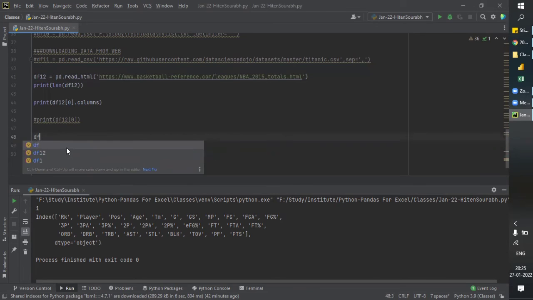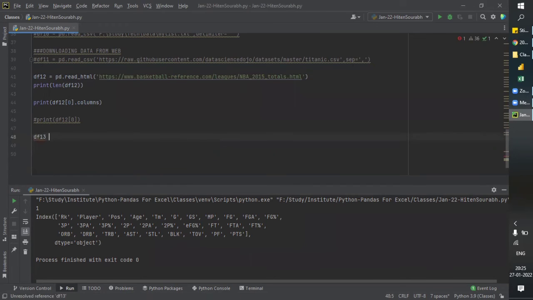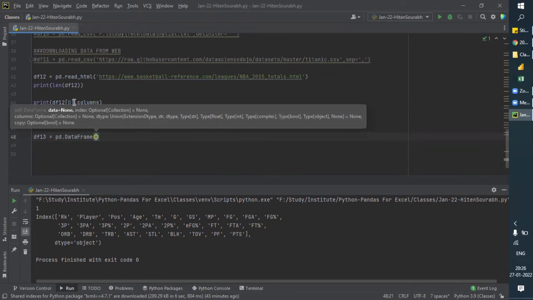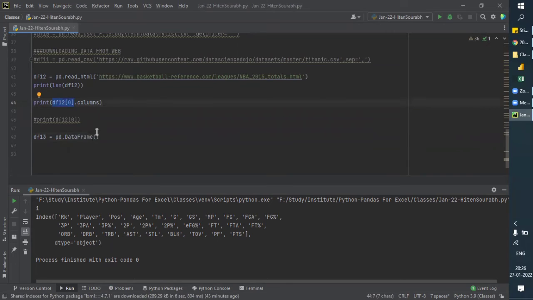So let's create another variable, that is df 13 equals pd dot data frame, and our data is in this df 12 0 table. So we just copy this and paste here.